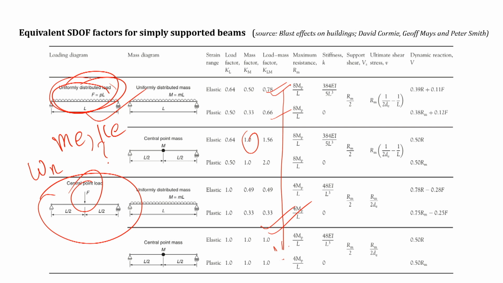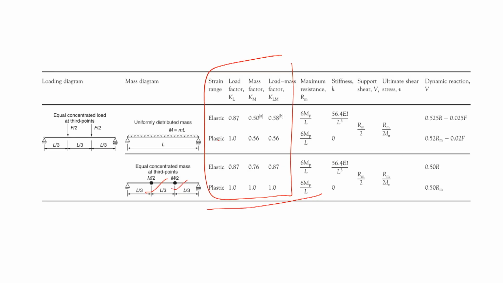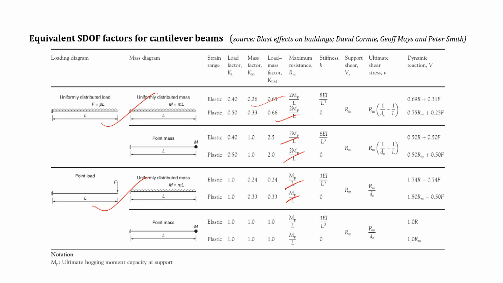Only F equivalent will change, but the mass equivalent, K equivalent and the frequency of the system will remain the same. It will not depend upon the nature of the externally applied loading. That is why different configurations having different types of loading are also shown, because the F equivalent is different in the cases, not the mass equivalent or stiffness equivalent, because these are eigen quantities and they do not depend upon the application of the load. Unless the shape function and the chosen degree of freedom are changed, the mass equivalent and stiffness equivalent will always be the same.